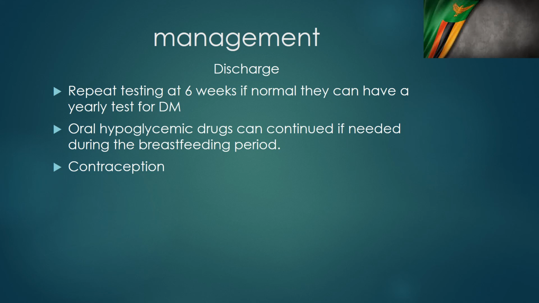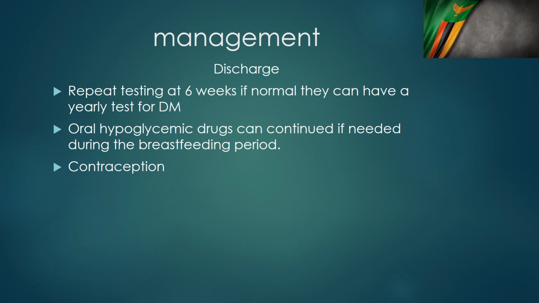After discharge, they will come for a postnatal visit at 6 weeks, and we will do sugar again to check if they are still hyperglycemic. Because most of the patients with gestational diabetes are at risk of type 2 diabetes mellitus, at the 6 weeks visit we need to check for sugar, and if it's normal, that can be done yearly, because again these women are at risk of developing diabetes